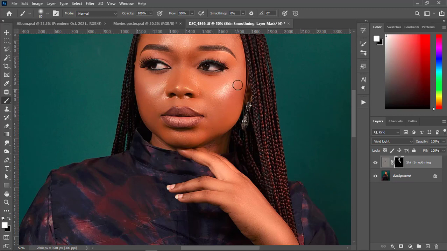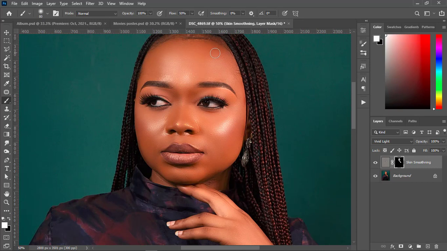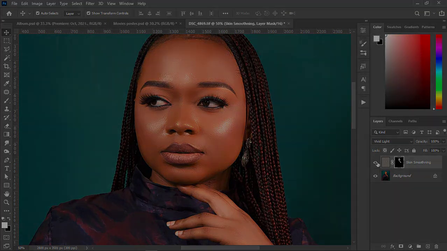So how do we check whether we've actually done something on our picture? To check that, you are going to drop a selection, then you hide this layer here. Hide it, you are going to see the original picture, then reveal it, you are going to see your skin smoothing. So that is